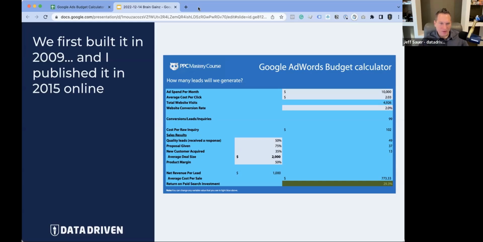And then I created a version of it and published it as part of the Google Ads course that I had at the time, or Google AdWords course back in the day. And it's been the biggest lead magnet we've ever had. I mean, we've had probably over 100,000 people download this thing from us on our blog over the years. It's one of the first things that people mention when they talk to me, or when they say, hey, I love the course because it helped me with this thing, and they cite this. So it's done really well.